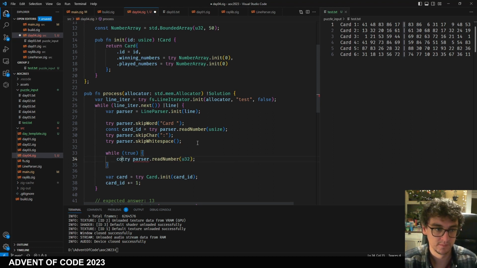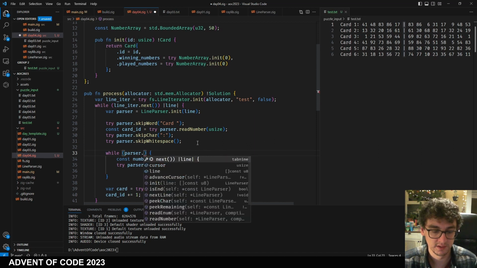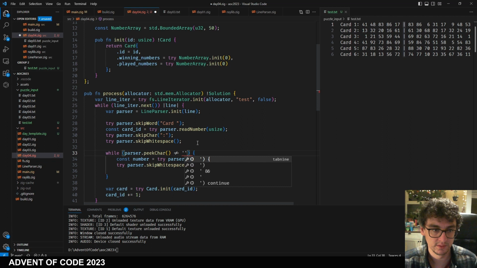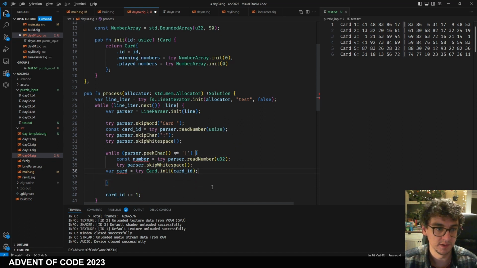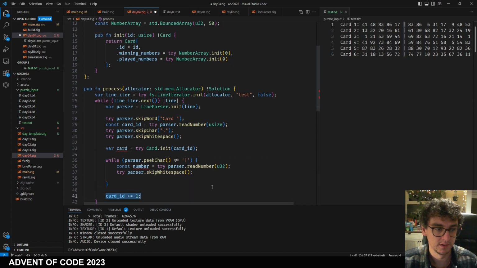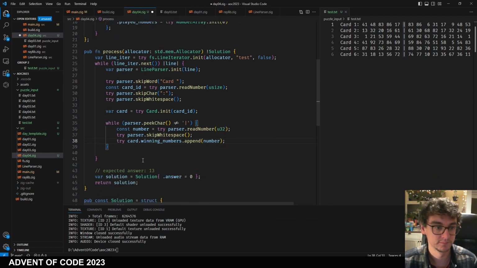U32. Try parser skip whitespace, and then what we'll do is parser peek char does not equal the pipe character. There we go. Card dot winning numbers append, and we'll append the number. Okay, so there's your card ID,